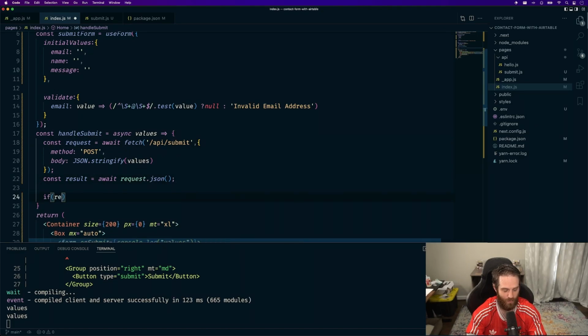We can say if result.data does not equal okay,